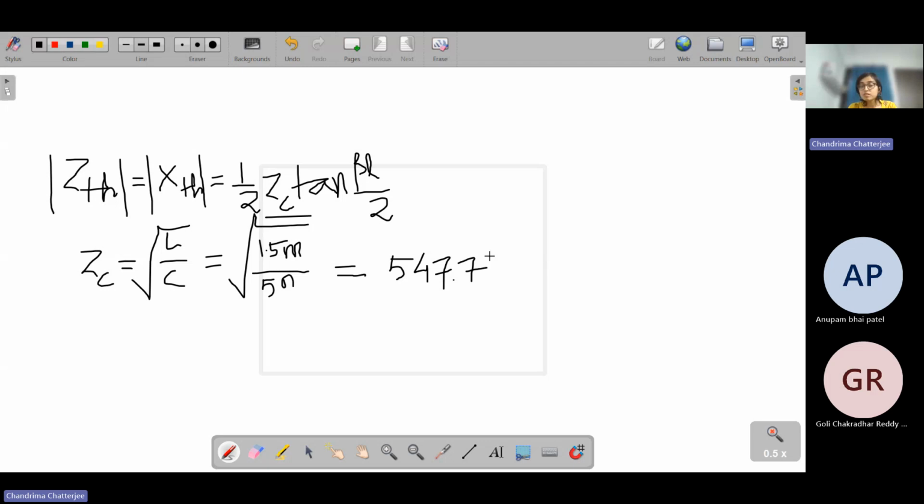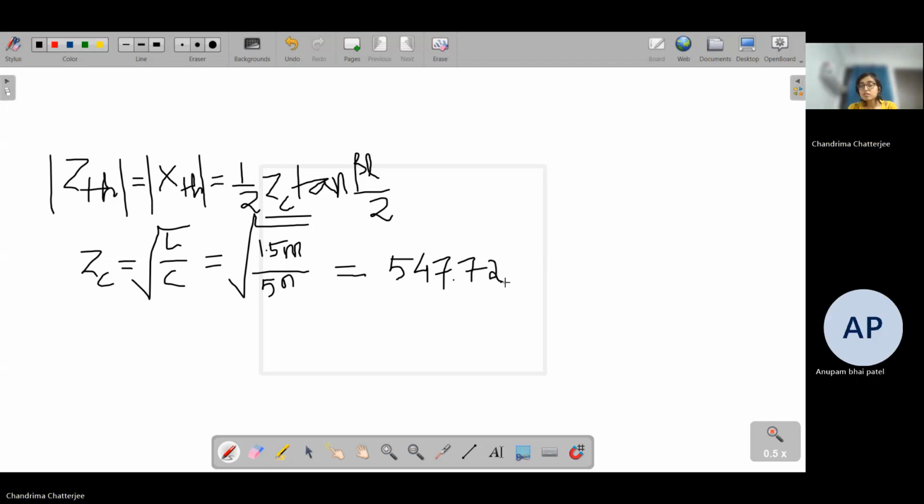547.72. Okay. 72 ohm. Now we already know beta L by 2. Beta L by 2 is, beta L value was 50.28 degree. So we can find out tan beta L by 2. So this value comes out to be,